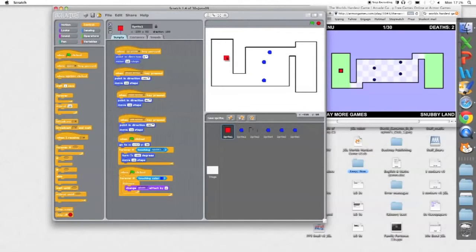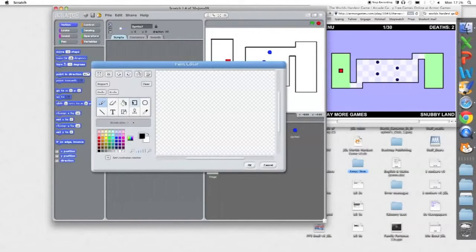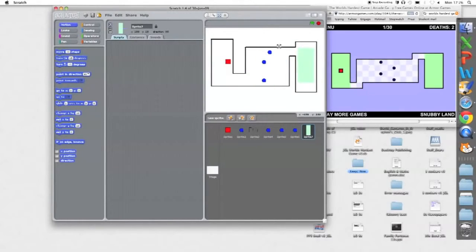Okay, now we have to have a win screen when he touches the green. So I'm just going to start by putting another sprite actually. I'll make another sprite as the green area. Let's make a solid green. And when I touch that, I'm going to have a win screen. So let's program